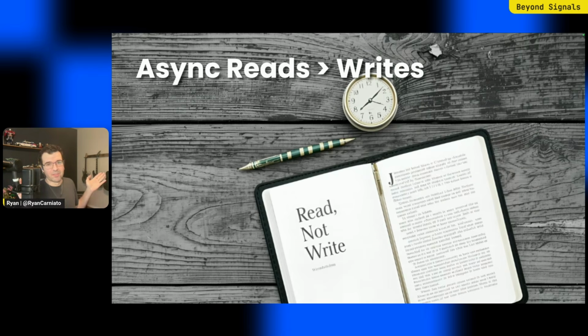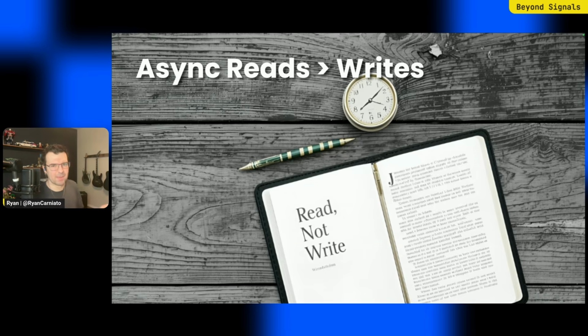But what does any of this have to do with signals? A UI framework's only responsibility is UI and only needs to block when it doesn't have the data to render it. This flips the conventional model on its head. Async is about reads, not writes. We're so used to set state or assign value, rerun component. But async is more like asking the question, can I render this yet? Is what I'm showing out of date?